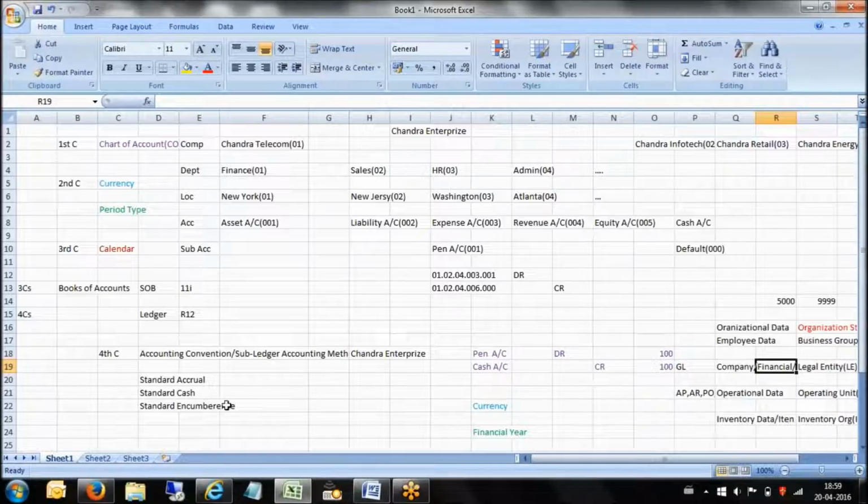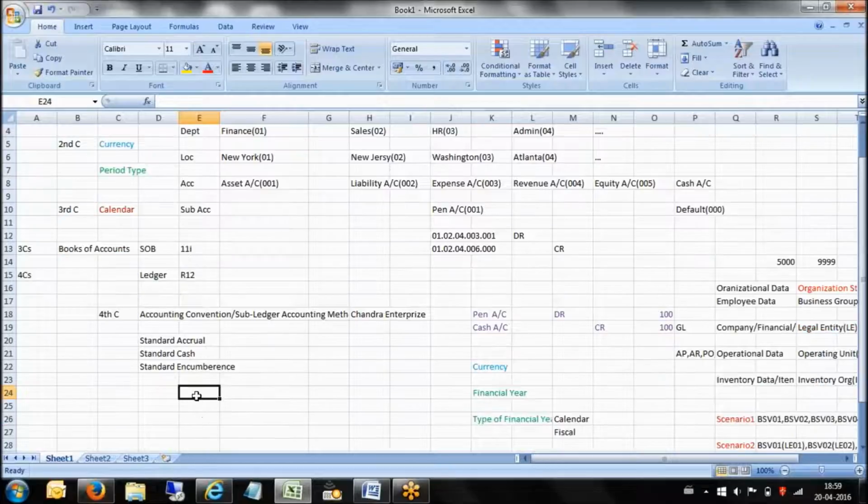Now, after this, we need to understand the setup steps. Where do we need to start the implementation? What we need to do first? What we need to do next? We can't just go into application and start doing anything. There should be some sequence. Right. So we started from